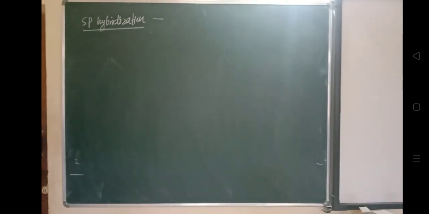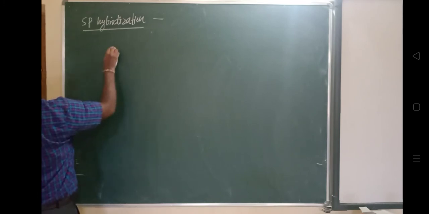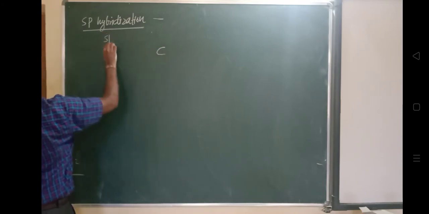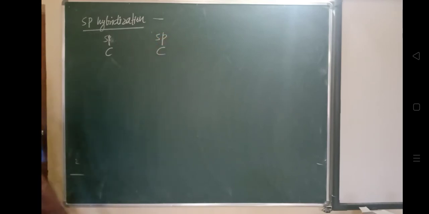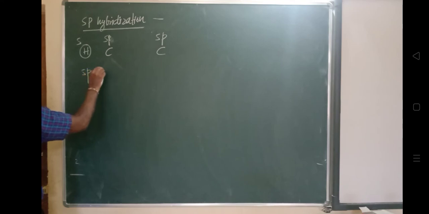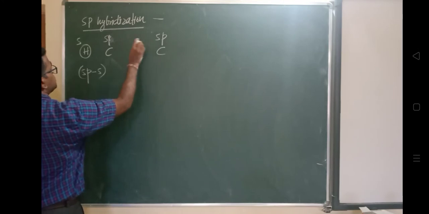So there is a carbon-carbon sigma bond, that is the sp-sp overlap. Then between these two carbons there will be a pi bond, from the overlap. And the fourth one is the sp-s sigma bond between carbon and hydrogen. This will be a sigma bond. In this way it will satisfy the fourth valency of the carbon.